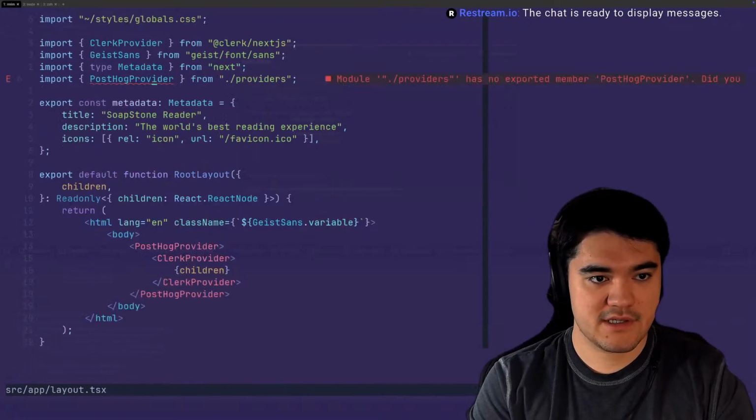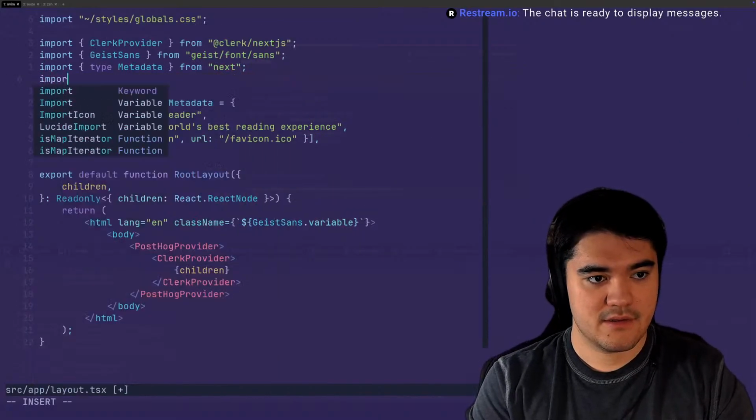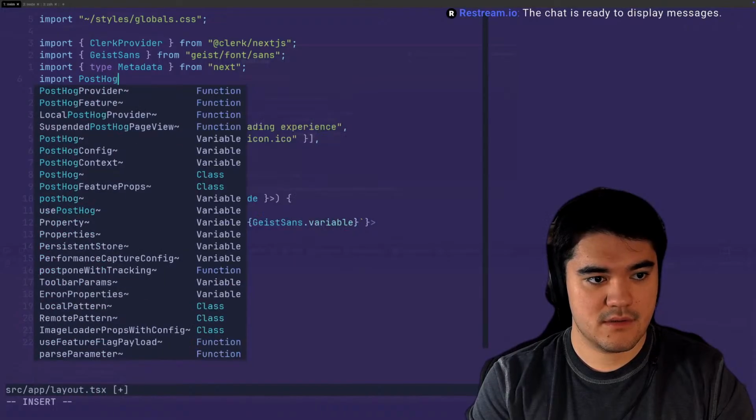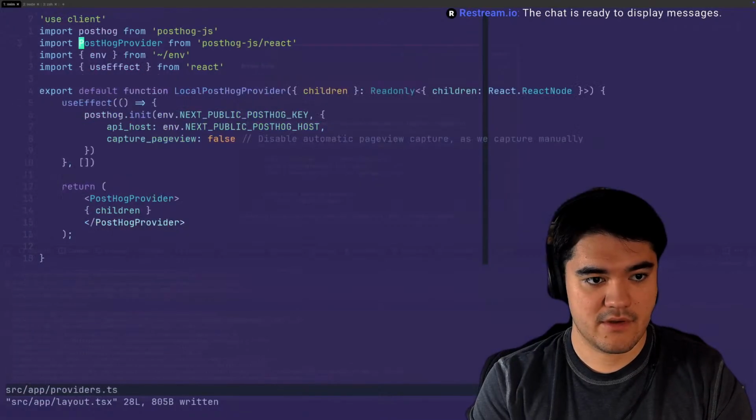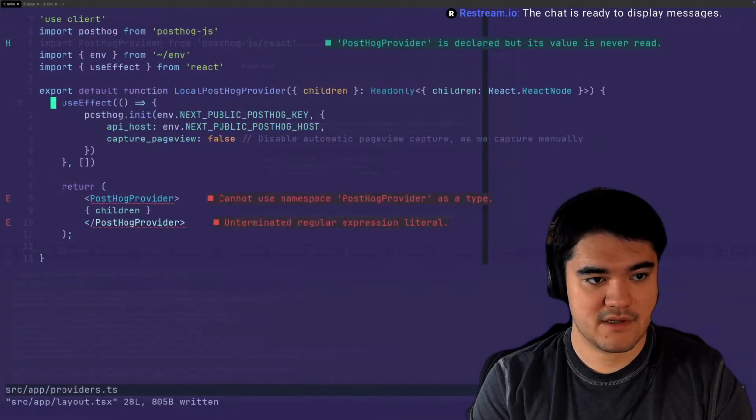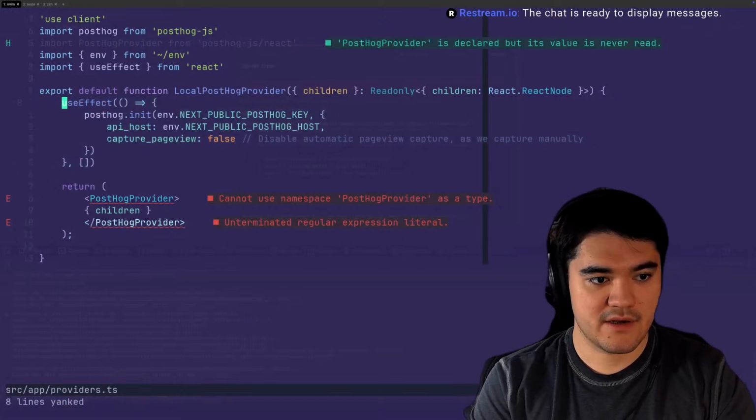Okay, so let's just try importing PostHogProvider like that, and we will go and grab this useEffect here.